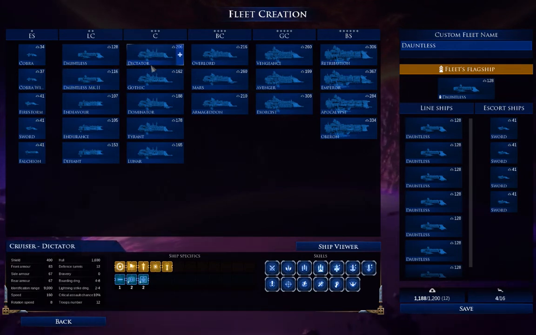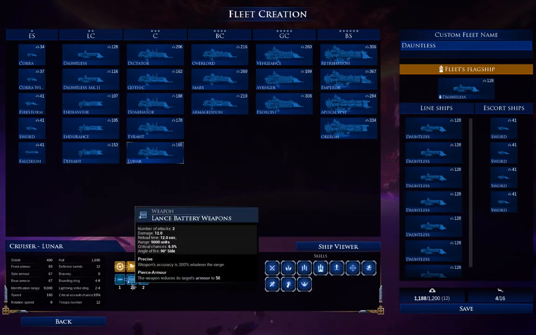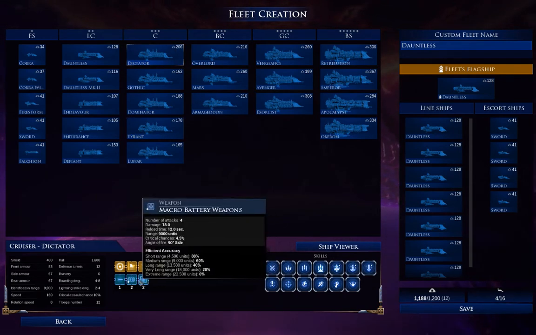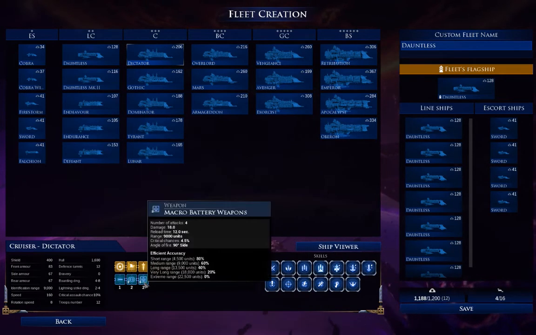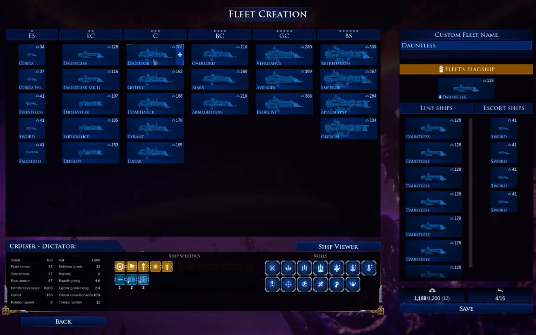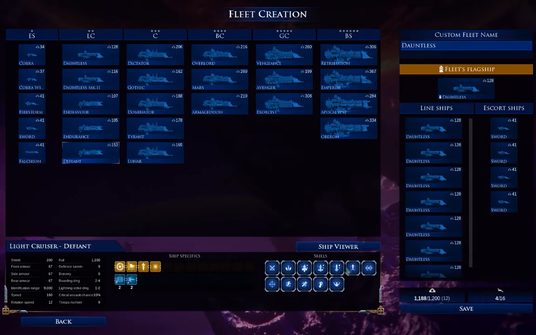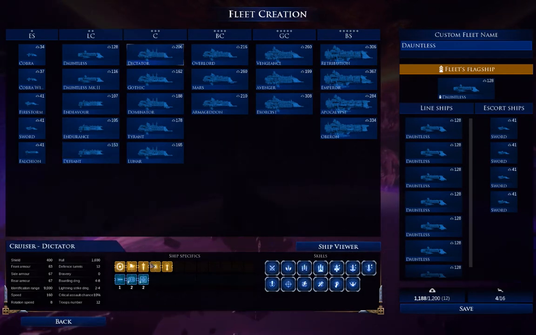So then we move up to cruisers. We have Gothic, which has only lances, so it's bad. Lunar has hybrid lances and macros, so it's also bad. Tyrant also has hybrid weapons, so it's also bad. Which leaves us with Dictator, which has a launch bay, which I don't find that useful actually. If you want to have a launch bay ship, it's better to take Defiant and just put it on running silent and just use it from long range as a support, because this